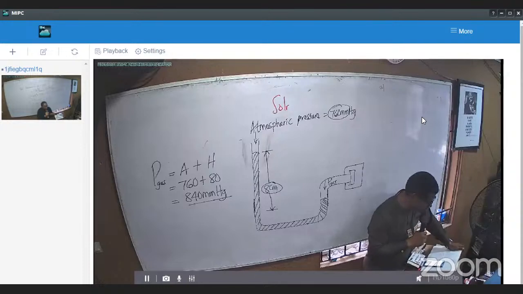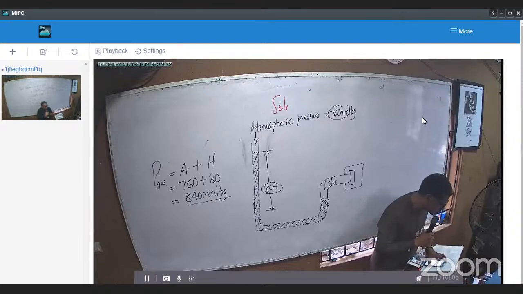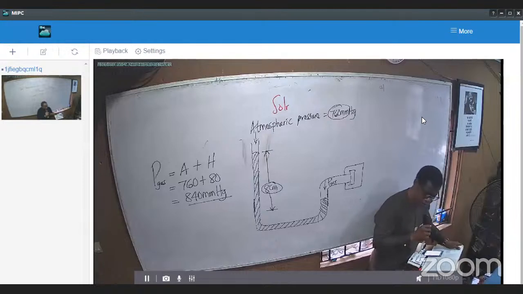400-meter deep is filled with a liquid of density 900 kilogram per meter cube. Full stop. If the atmospheric pressure